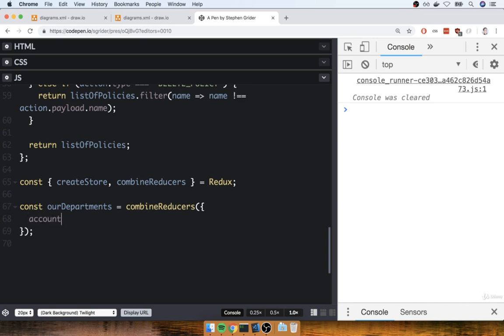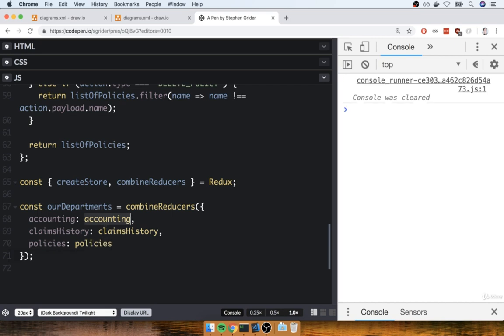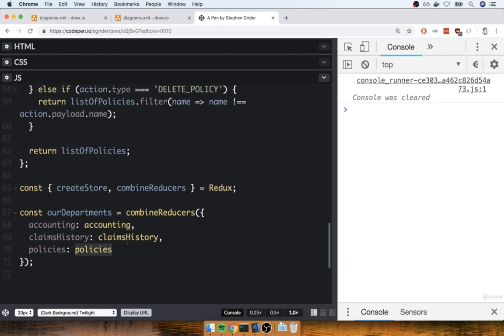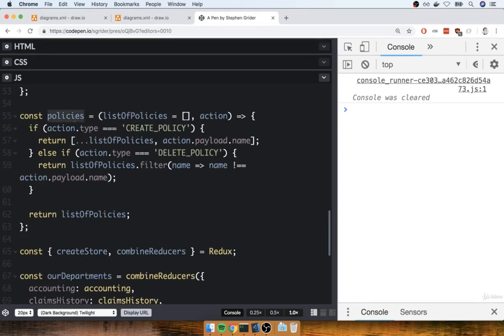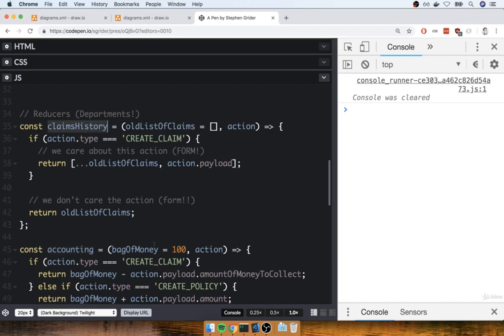So I'm going to say accounting is accounting, claimsHistory is claimsHistory, and policies is policies. Now, each of these variables right here are the names of our different reducers that we just put together. So there's policies, accounting, and claimsHistory.